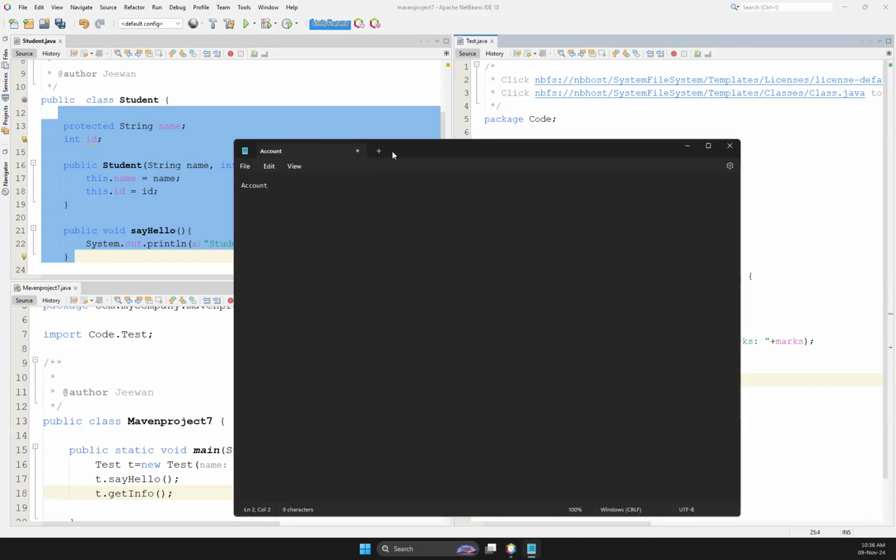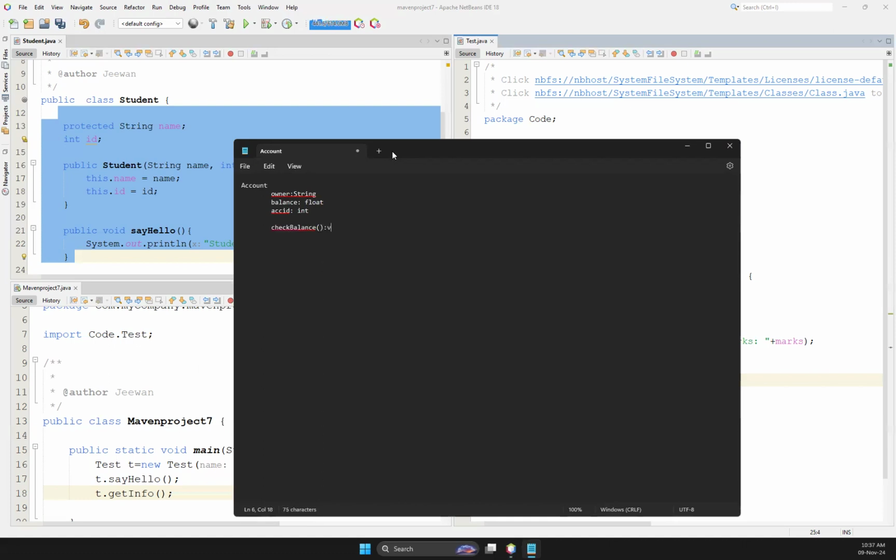Account class should have owner string, balance float, and account ID, account number integer. So owner string, balance float, account number integer, and we have to have a void method called check balance,